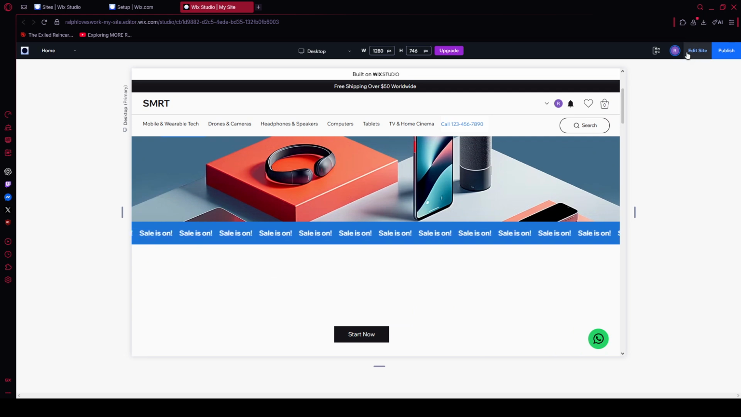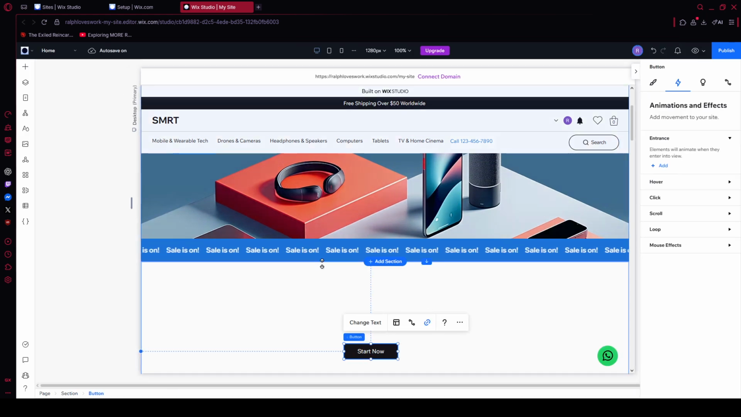That's how you add, link, and customize a button in Wix. By placing a button on your page, choose